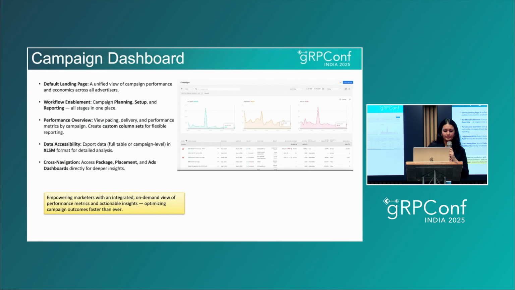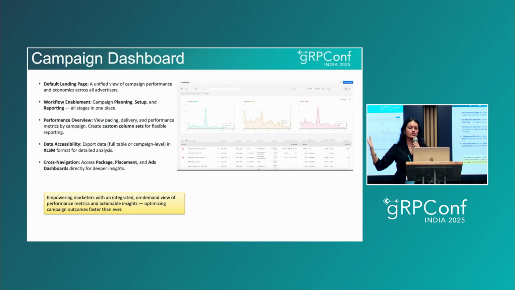Why is this dashboard important for customers? Through this dashboard, customers can view analytics, see how their campaigns are performing, and check metrics like CPM, impressions, spend, etc. Also on this dashboard, everything from campaign planning, setup, and reporting can happen in a single workflow.